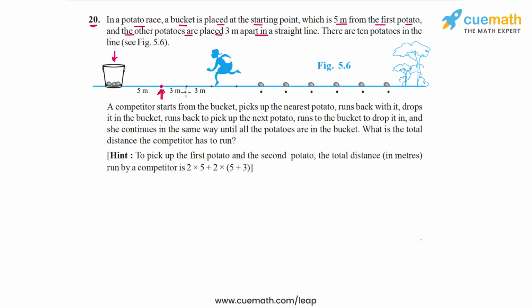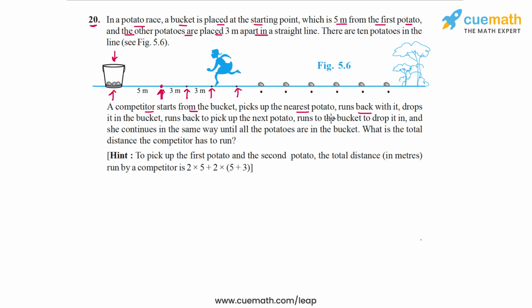So here we have the first, then we have the second potato here, the third potato here, the fourth potato here, and so on. So every potato is placed 3 meters apart from the previous one. So there are 10 potatoes in the line in all, and you can still see 6 of them in this figure that's shown. Now a competitor starts from the bucket, so starts from this point, picks up the nearest potato,